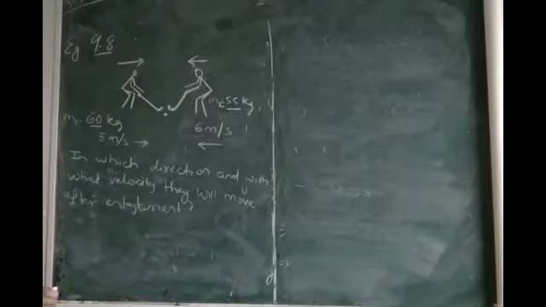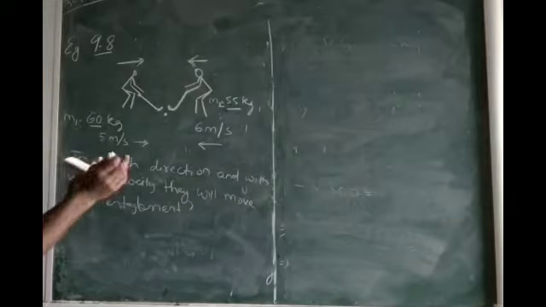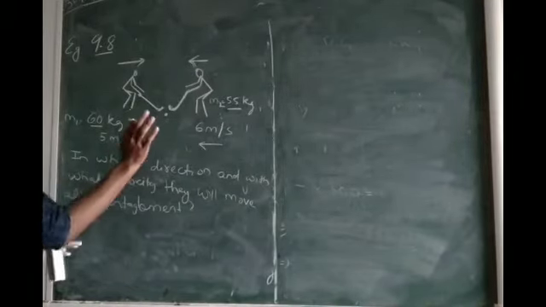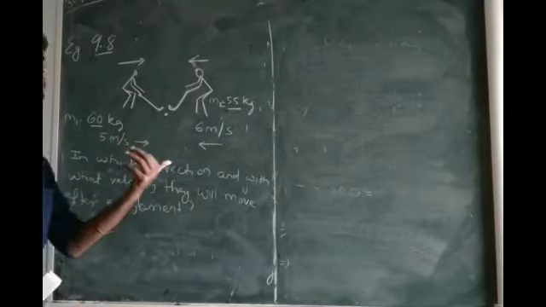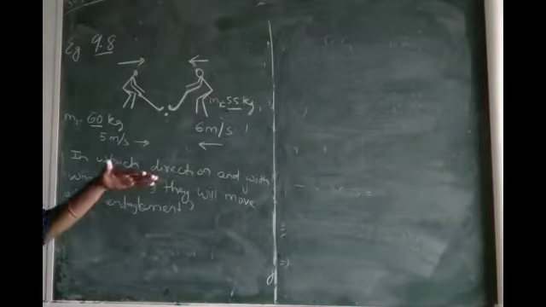So when they will be moving towards each other, it is obvious that they will get entangled, and after that what will be their final velocity and in which direction, it has asked, right? I hope that the question is clear to you. So, let me discuss it one more time.